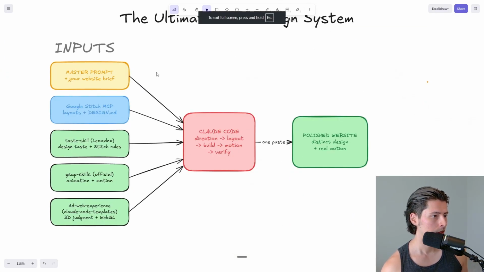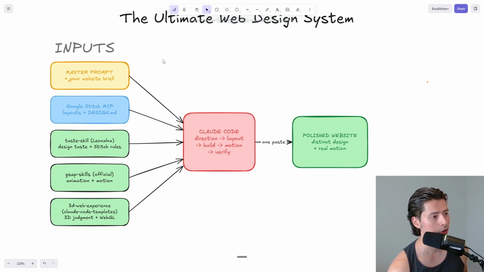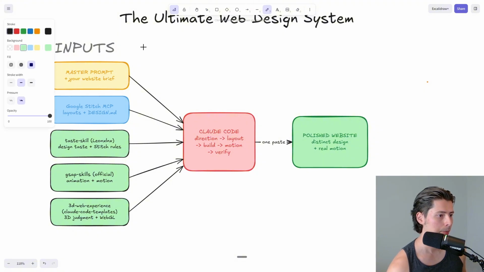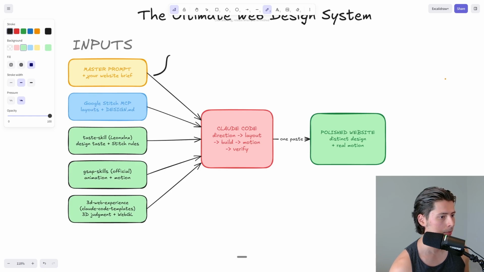So the system operates off of a few things. The first one is this master prompt that you guys are going to get that you can grab in the description. So the master prompt here is going to walk through and essentially look for 4 things. The first one being